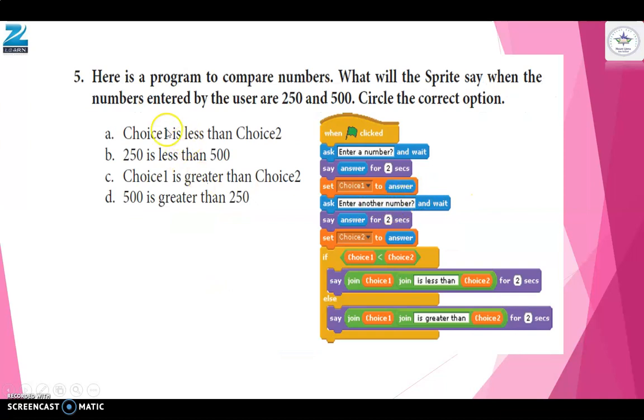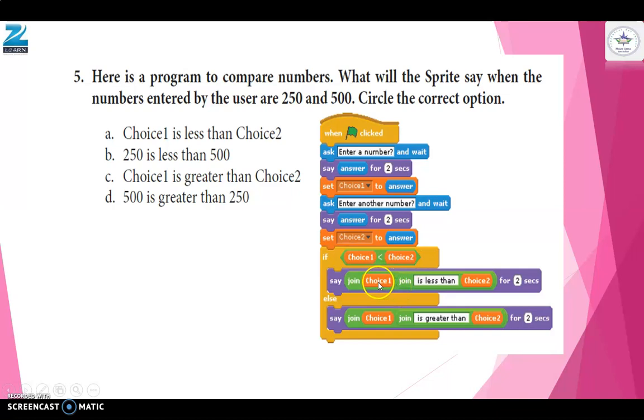Now next example. Here is a program to compare numbers. What will the sprite say when the numbers entered by the user are 250 and 500? Circle the correct option. Okay, enter first number, answer is stored in choice 1. Enter another number, answer is stored in choice 2. Here comparison is done using condition operator. If choice 1 less than choice 2, then first block will run.